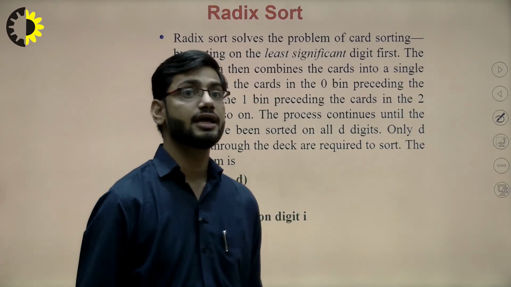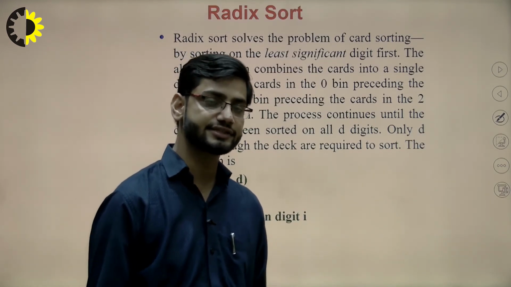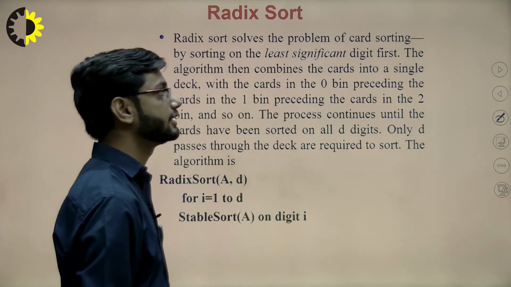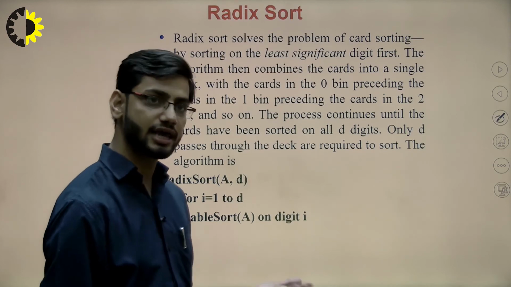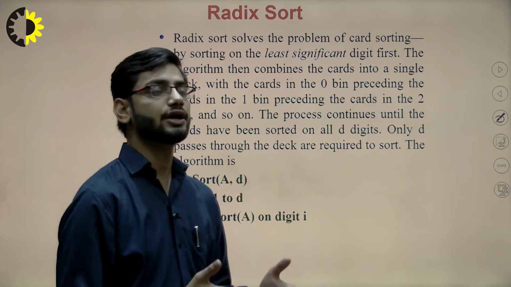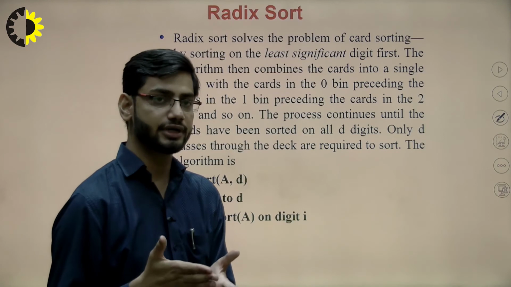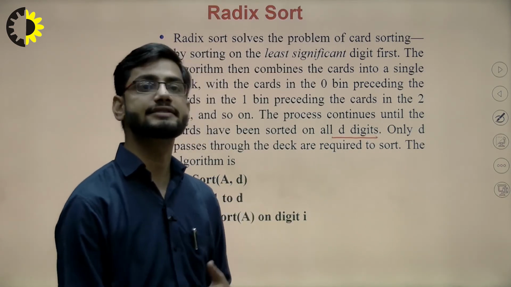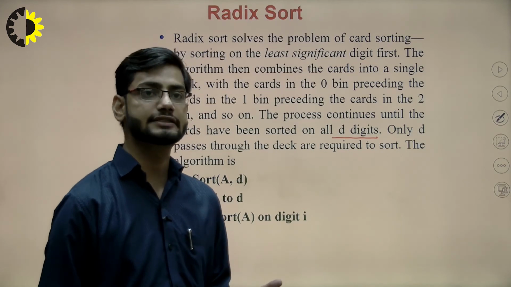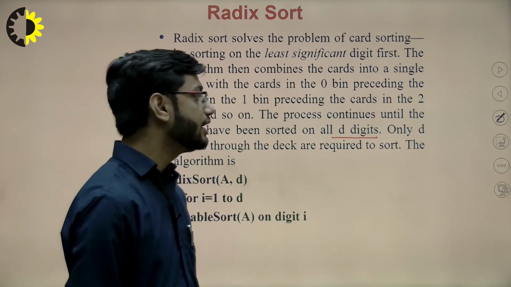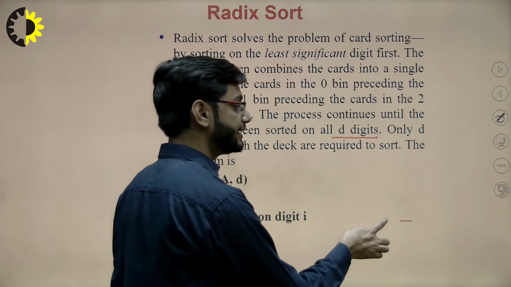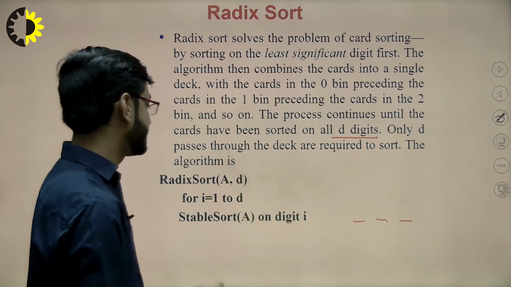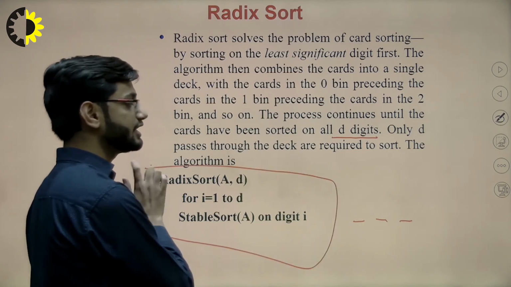Radix sort. Now the next flavor of sorting in linear time is radix sort. Radix sort imposes a condition again on the input array: all the input elements should be of d digits. For example, all are of 3 digits, all are of 2 digits, or all are of 4 digits. Now it sorts the array digit by digit and generates the output array.